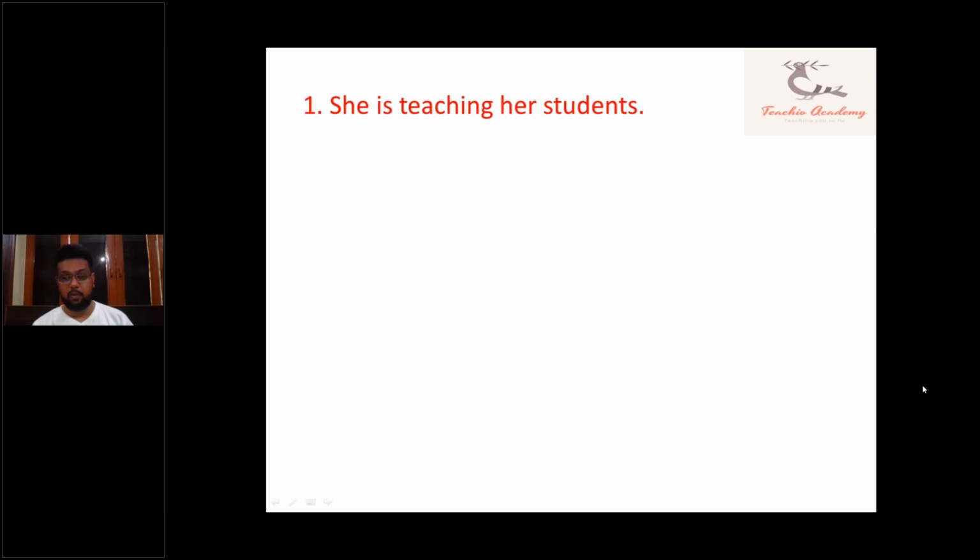Yes, present continuous. All of you have given the right answers. It is present continuous tense. The teacher is teaching. She is teaching her students. So something is happening, it is a continuous, ongoing activity. So this is the present continuous tense. The second sentence,